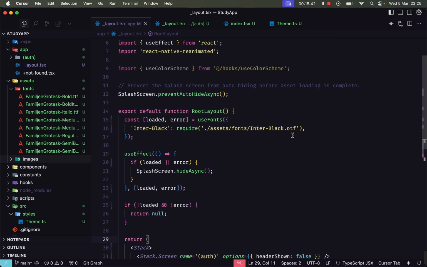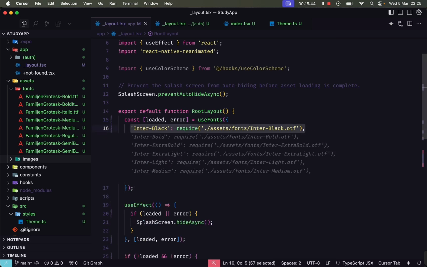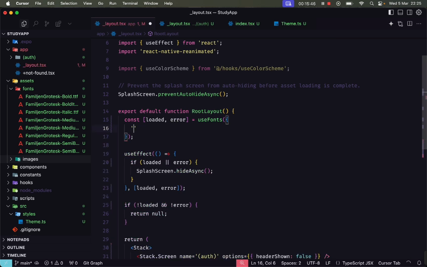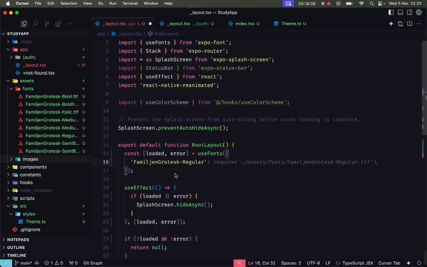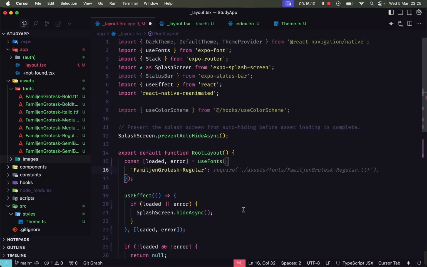And let's load our fonts here. So Familjen Grotesque, first regular. I will provide all these fonts for you, okay? So you just need to copy